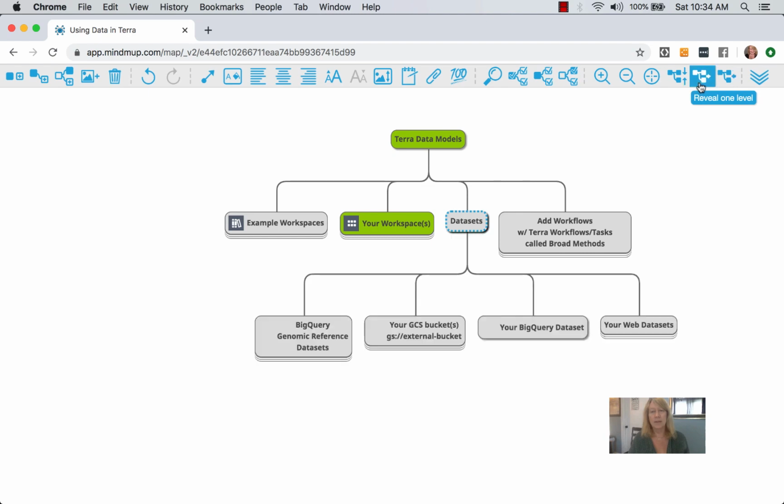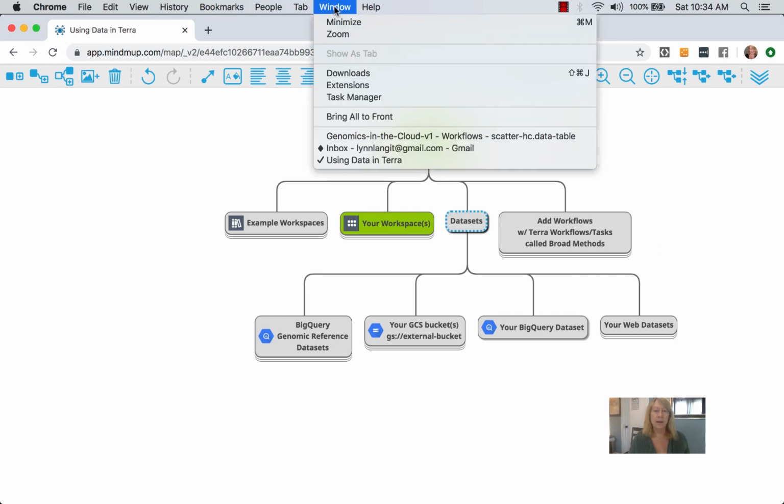So let me just start here by saying we have at the top level a number of different choices. We can work with the BigQuery service. That's where a number of these data sets have been set up. You can also, as a researcher, set up your own GCS bucket. You can create a BigQuery data set, or you can just refer to some data set that's available on the web to which you have permissions. Now, if we go back to Terra,